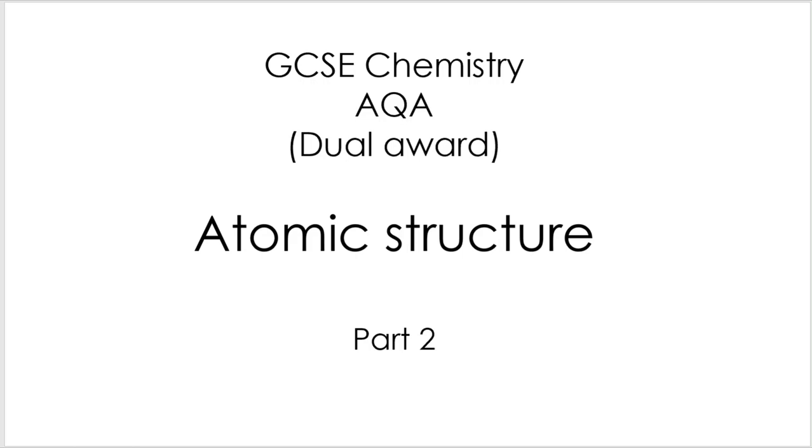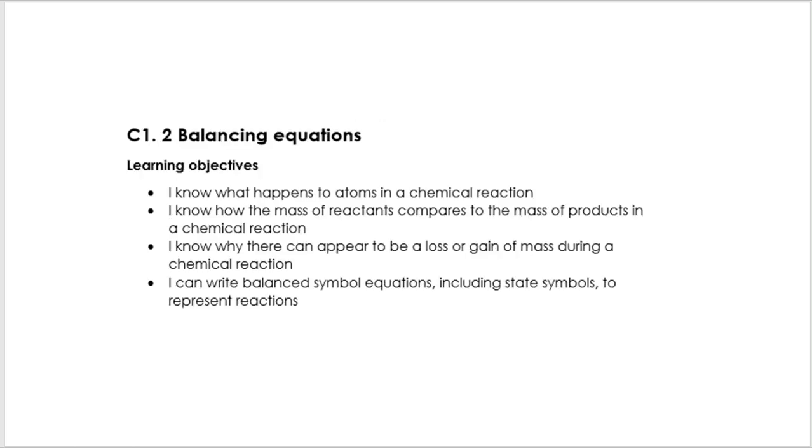There will be a slight gap for you to pause, and then you get a chance to review, see what's gone well, see what you need to work on. So let's look at what we're hoping to see in here: knowing what happens to atoms in a chemical reaction, knowing how the mass of reactants compares to products, knowing why there can appear to be a loss or gain of mass during a chemical reaction, and the big one that's going to take up most of the video, writing balanced symbol equations, including state symbols, which I will talk about briefly but will develop in later topics,